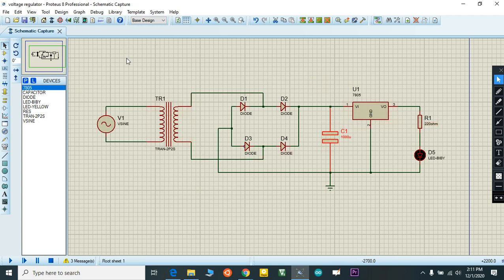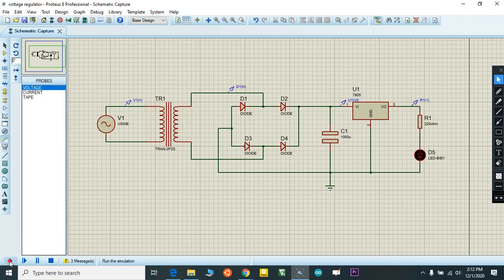I don't know why it's not working there, but I already had one more file. So you can see here, this circuit is working. This LED is blinking. If you want to check the current voltage, just go to probe mode, voltage. I'm selecting voltage here, then voltage here, before and after this. Okay, this is my voltage.